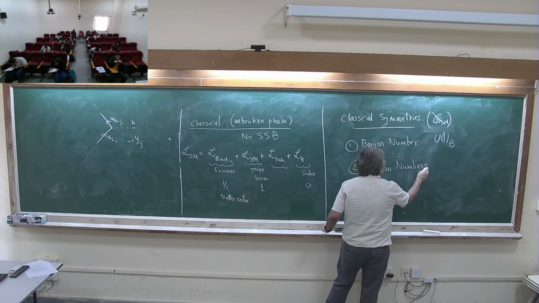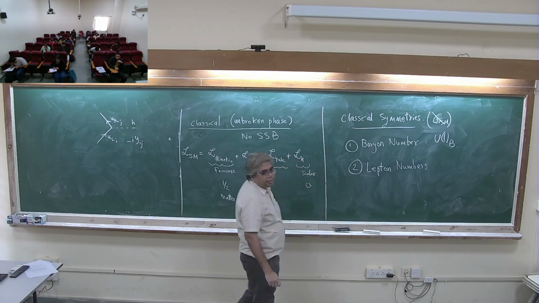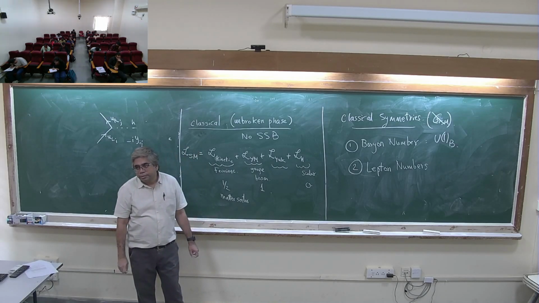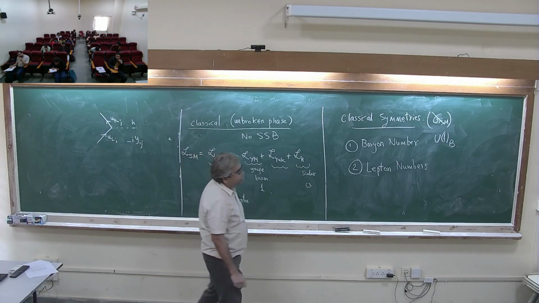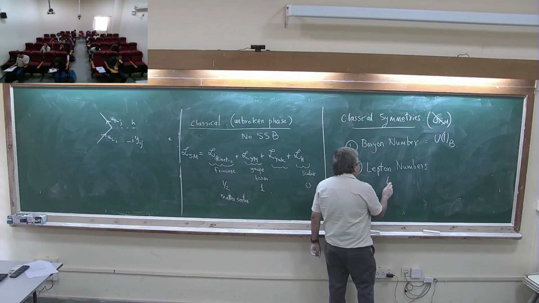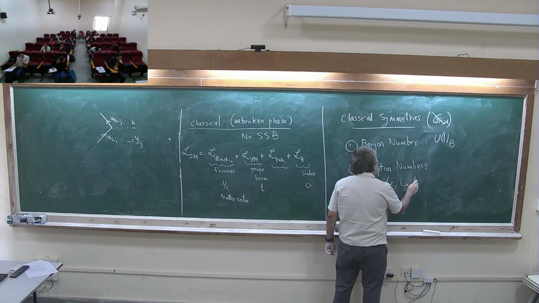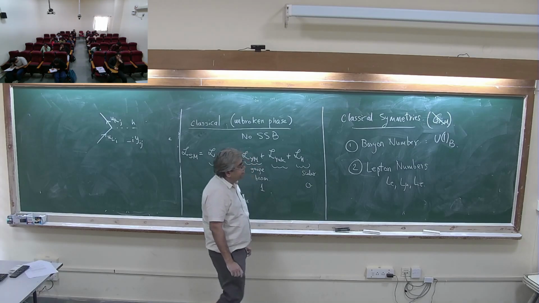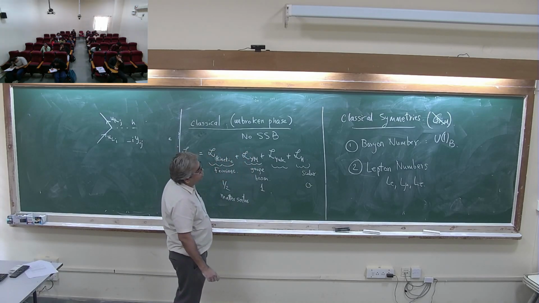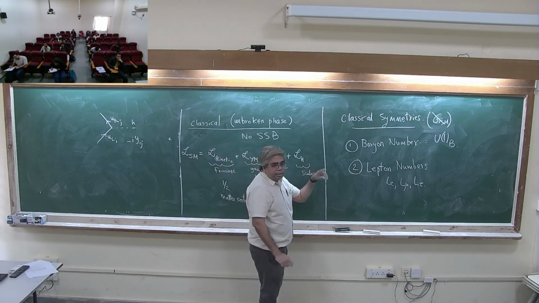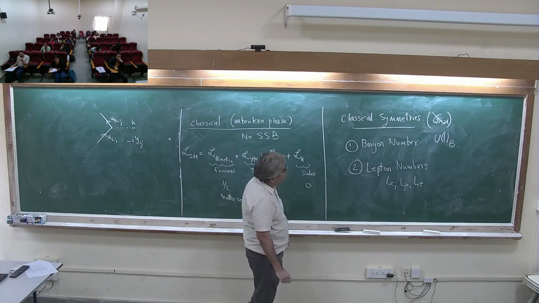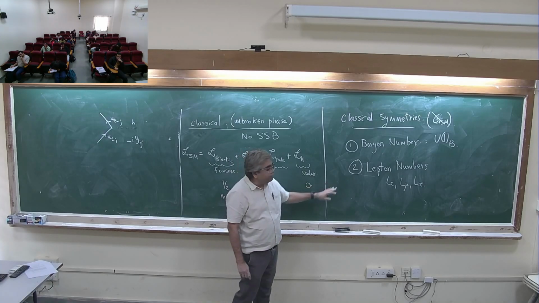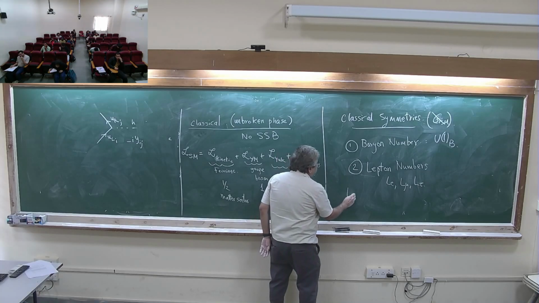Now, leptons, I will call them lepton numbers. The reason is that in the standard model neutrinos don't have any mass, so individually we call them lepton numbers: Le, Lmu, and Ltau. For baryons, we cannot do that because the quark mass matrices, Yu and Yd, are both present. So this point is clear. We have three individual lepton numbers because there is only one mass matrix, the charged lepton one.